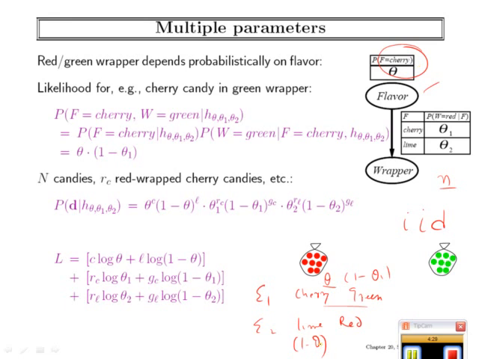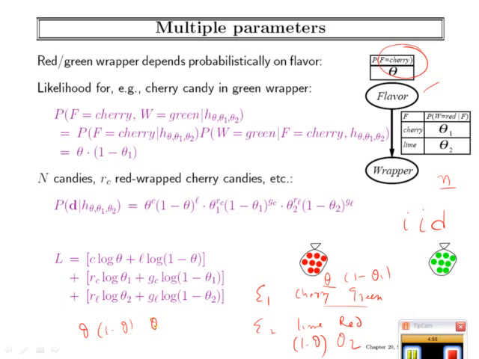So it is 1 minus theta times red wrapper given lime, which has probability theta 2. Now you have theta times 1 minus theta 1 for the first example, and 1 minus theta times theta 2 for the second. If you multiply the whole thing,